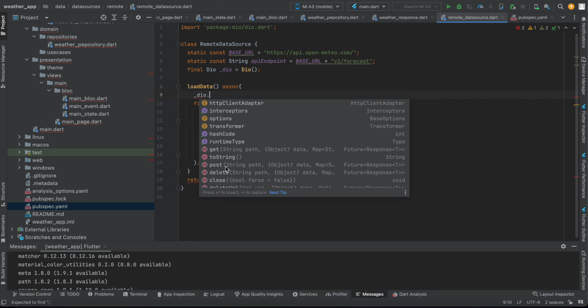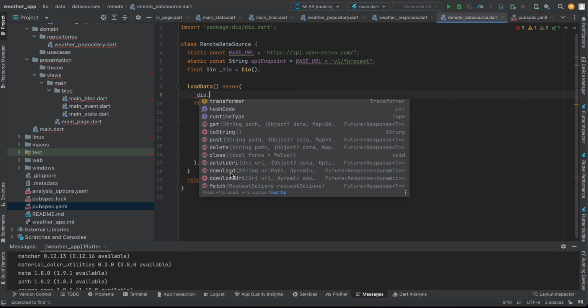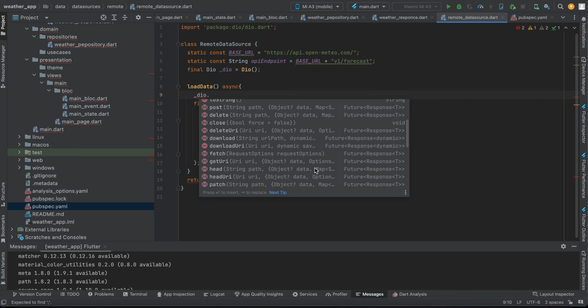You can use the post method to post your data on the server. This method is used for creating some records or changing something on the server using a mobile application, and you can use the delete method for deleting data from an API on the server, and you can use download methods for downloading some files. Okay,